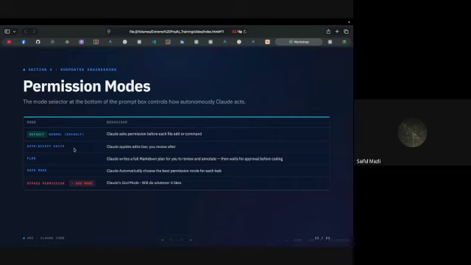Then the other level is where you allow it to do edits by itself. So you'll be able to change your files, you'll be able to edit your code by itself, but it still cannot run commands. There is a configuration file that you need to configure where you allow it to run a lot of the commands that it wants to do.